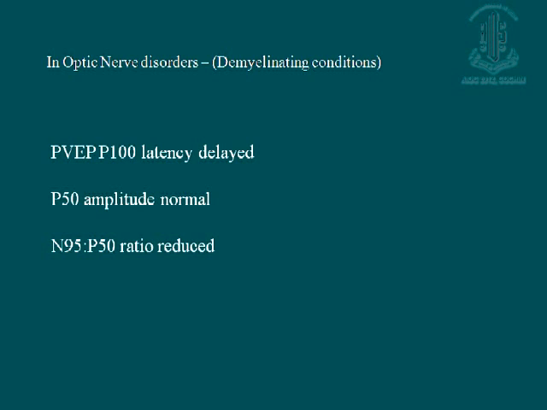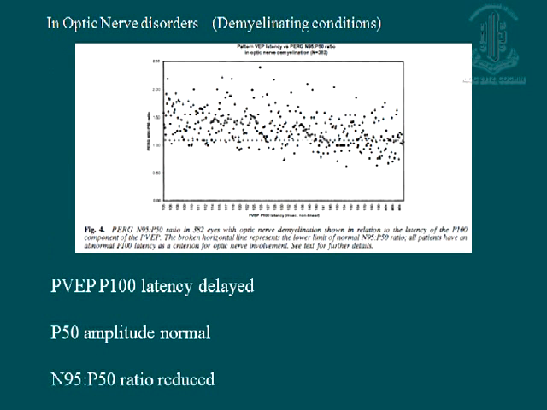The ratio is reduced. Here again, the ratio is reduced because your N95 comes from the ganglion cell side. So that is why the ratio is reduced here. And this gives you the values of what we have just told. The P100 latencies are delayed, P50 amplitudes are more or less normal, and this ratio is reduced in these demyelinating